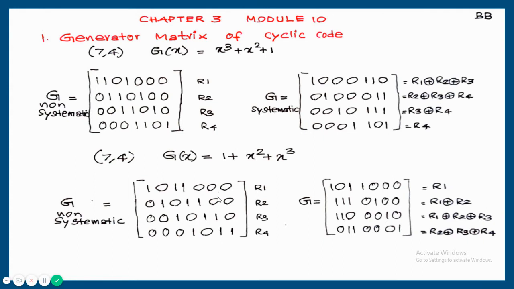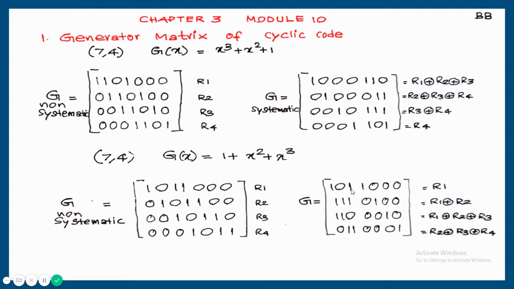Second row is a non-systematic cyclic code of 0, 1, 0, 0. Third row is a non-systematic cyclic code of 0, 0, 1, 0. And the fourth row is a non-systematic cyclic code of 0, 0, 0, 1. Once we get the non-systematic result, it can be converted to systematic by XORing the rows, or the other option, rotate the row, that is cyclic rotation, to get this answer. Or there is a third option, directly calculate the systematic cyclic code.